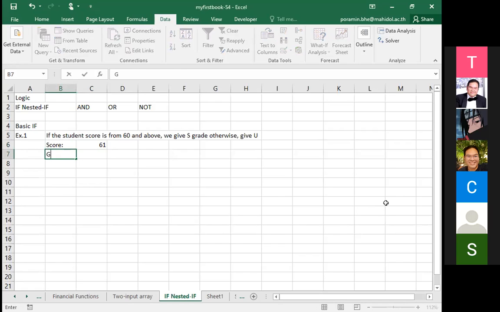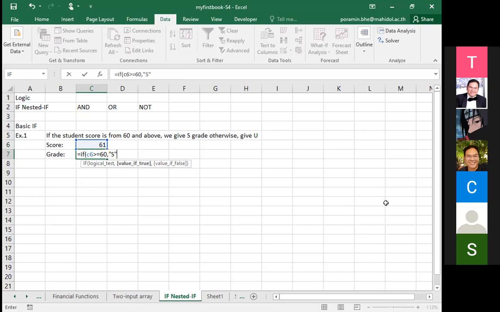My IF function is in cell C7. I use the function that I just formulated in PowerPoint: equals IF, open parenthesis, logical test, C6 is greater than or equal to 60, comma, value if true, double quote